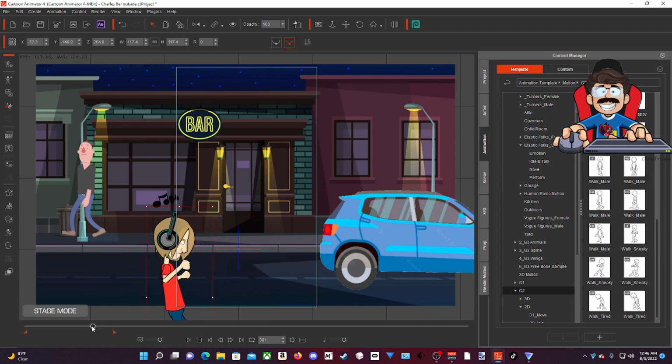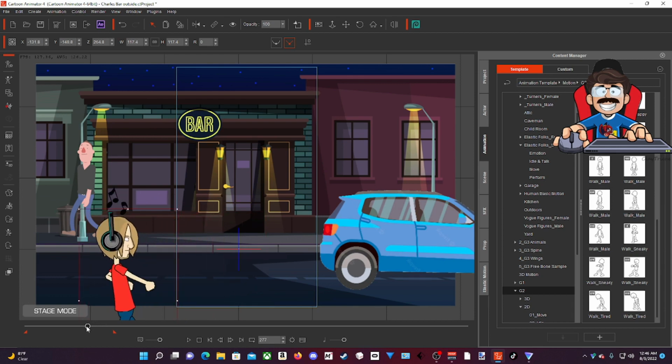So I'll put him back to where the first keyframe is set. Okay, and then I'll just keep clicking as long as I got him selected. So I'll just keep clicking that happy walk, and he'll just dance walk all the way across,